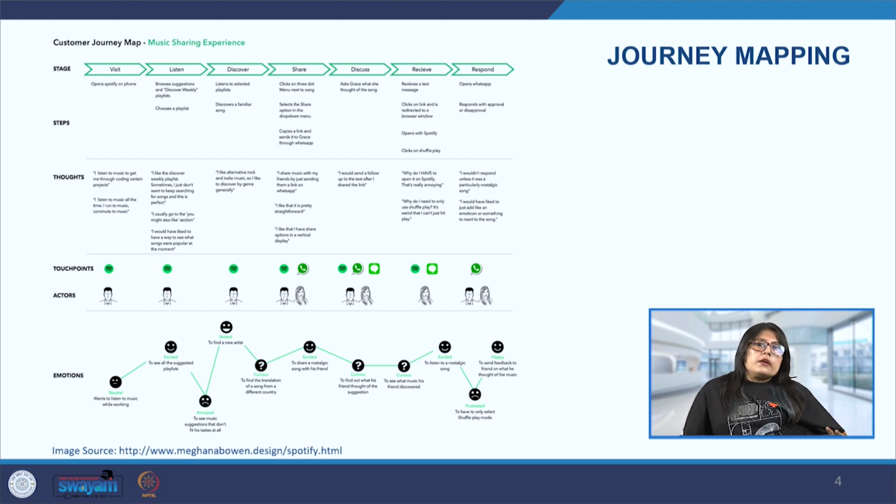So, let us understand this journey mapping again with the help of an example. Let us take Manasi again in this example, but this time Manasi has a different agenda. She wants to purchase a phone, but it is not because her previous phone has stopped working or she has lost it, but she wants to upgrade to a better phone that is in the market. Let's see how she will go through this entire journey of purchasing this phone.